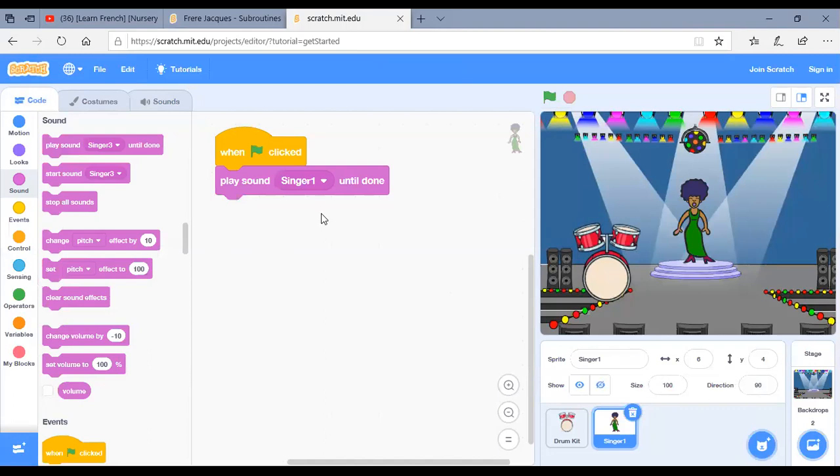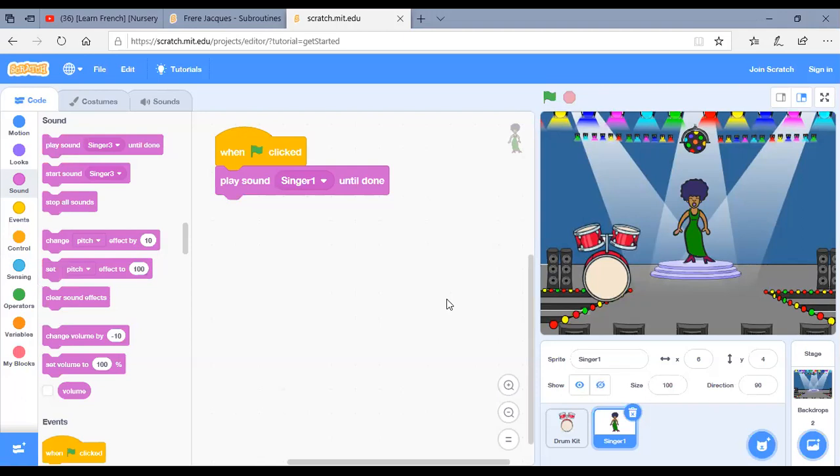To have that here, you select from here, singer 2. Can you see, Ammar? Whatever sound you have added, you can see it in the drop down. Is that clear, Ammar? All right, I think we can go ahead.